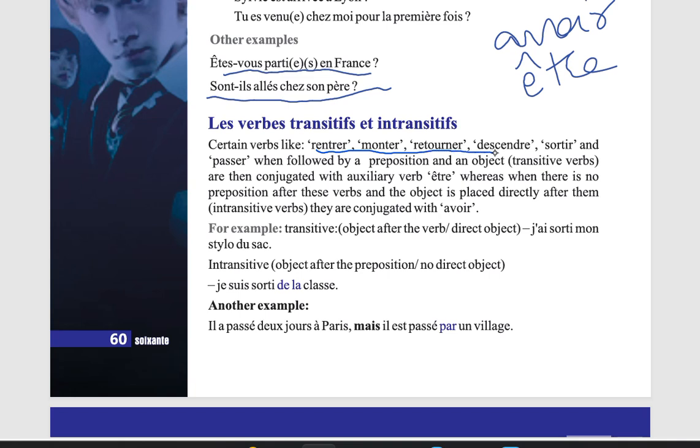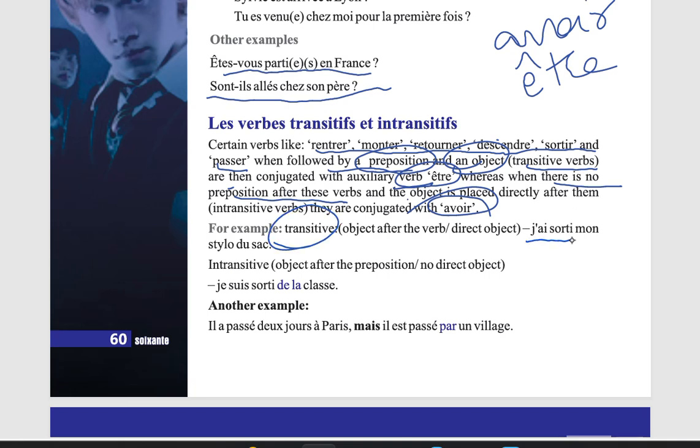Rentrer, monter, retourner, descendre, sortir, and passer. If these verbs are followed by a preposition and an object, these are called transitive verbs, and then these verbs are conjugated with être. However, if there is no preposition with these verbs, they will not be conjugated with être but with avoir. Example, transitive verb: